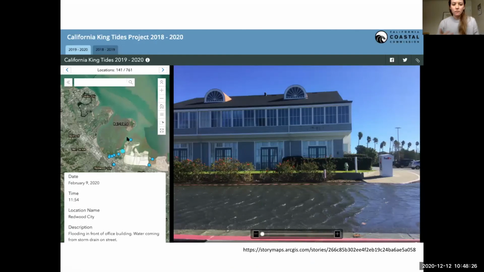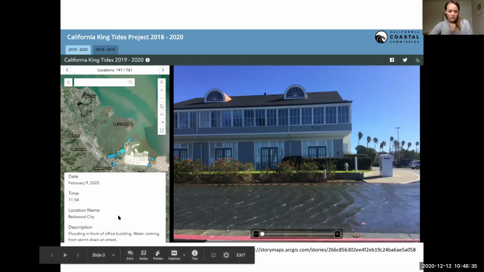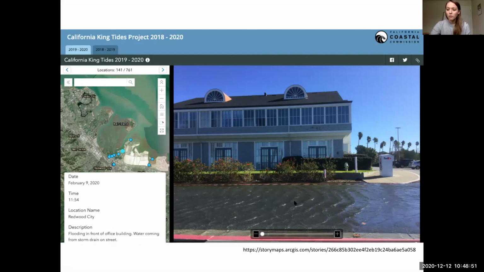They have an interactive feature where you can click on dots on the map and see the photos that other people uploaded to the project. This here is in Bear Island, and you can see the details over on the left-hand part of the screen. This is in February, and there's also a little description, which is pretty helpful because this flooding is due to stormwater overflow. So the tide's coming back in through our stormwater drains,